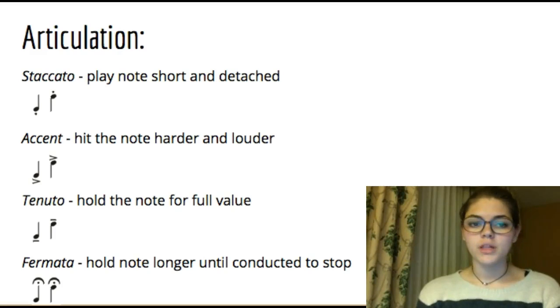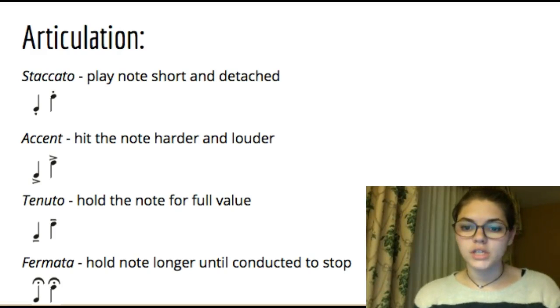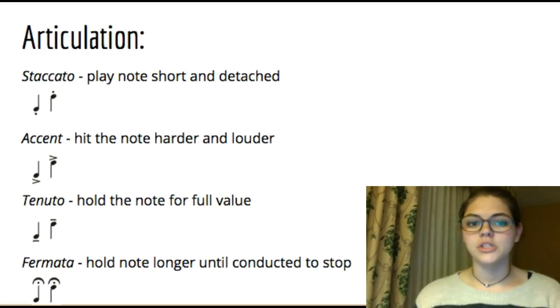The first that we will be learning is staccato, which teaches the musician to play the note short and detached. So underneath the definition you can see that the note is accompanied by a little dot that hovers either above or below it. And so that shows the musician to play the note quick and detached from the other set